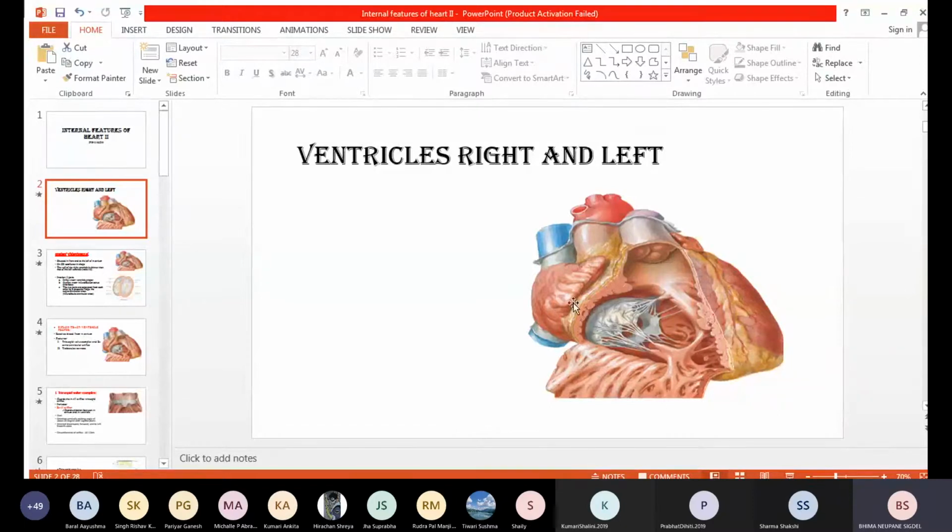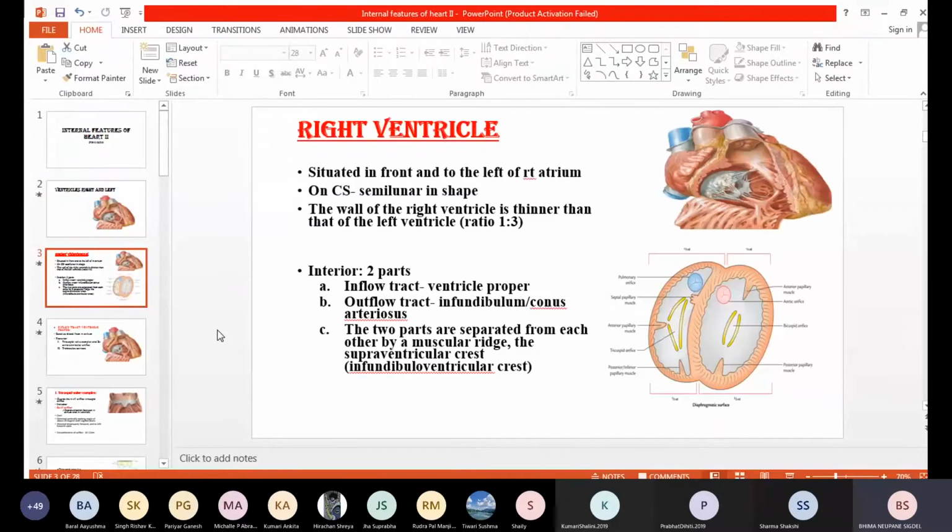Last time we completed the right atrium, so we move directly to the right ventricle. In the right ventricle, you can see first of all the location. This is the right ventricle. Only one thing you have to remember between the right and left ventricle is the muscular thickness, right? The oxygenated blood is carried from the left atrium to the left ventricle and the ascending aorta, so they have to pump harder. For that purpose, the wall, the musculature of the left ventricle, is thicker.